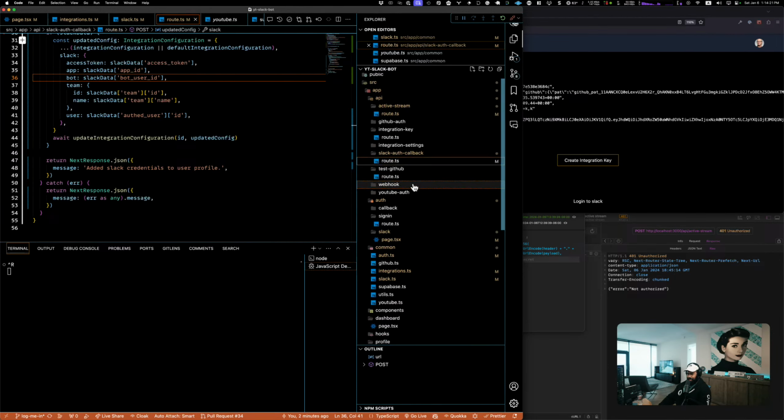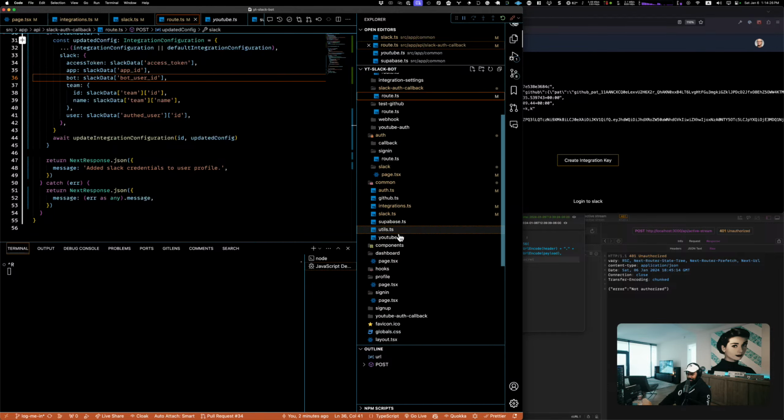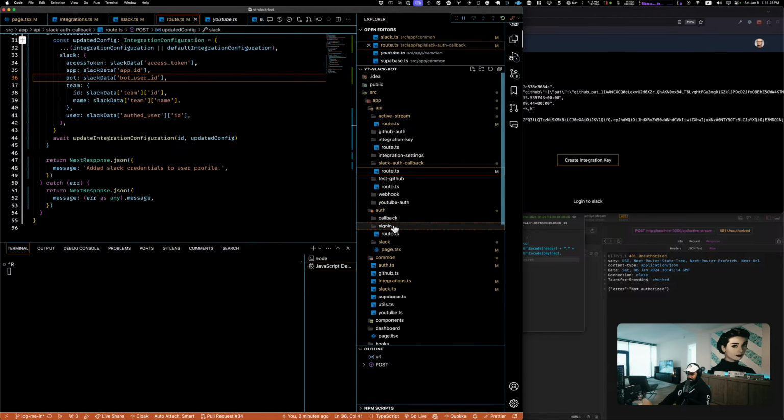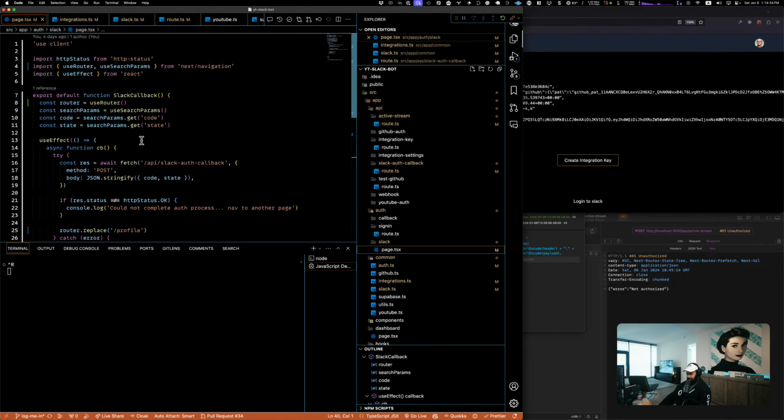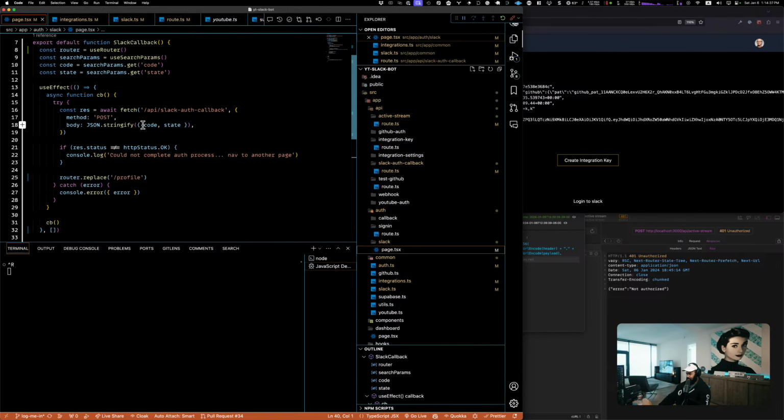In the component, where's that component at? Is it in auth maybe? Or is it here? Yes, it's here, right here. So I'm making a request to here.